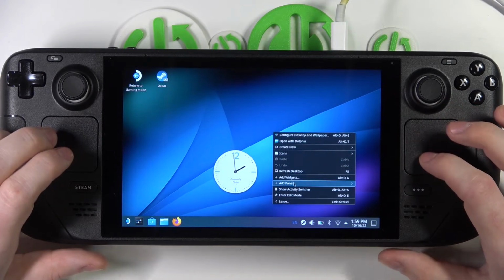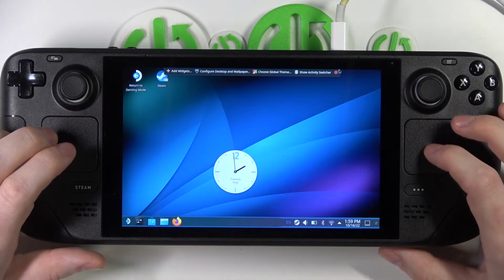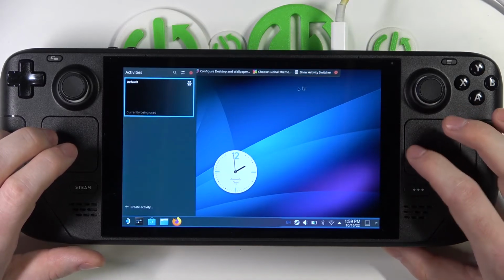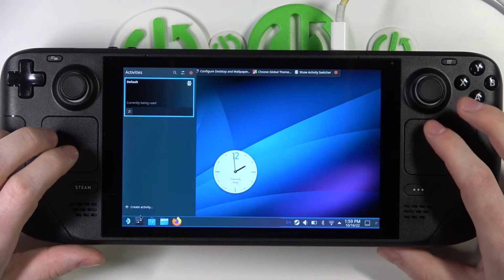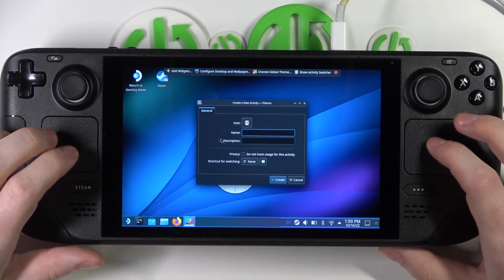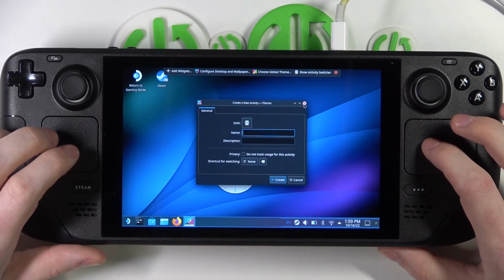Now let's enter the edit mode again, and you can also show the activity switcher to add different instances for your desktop. And that's it for this